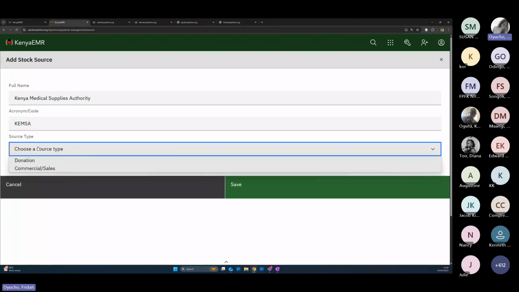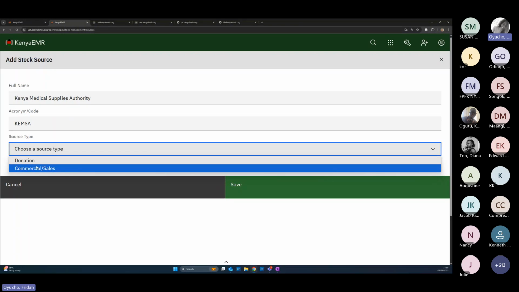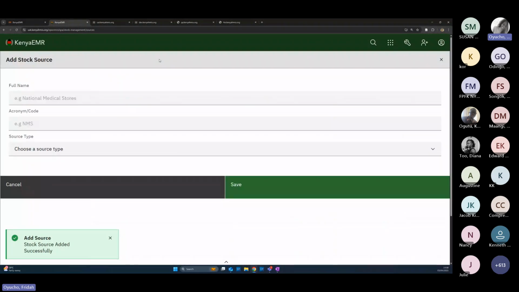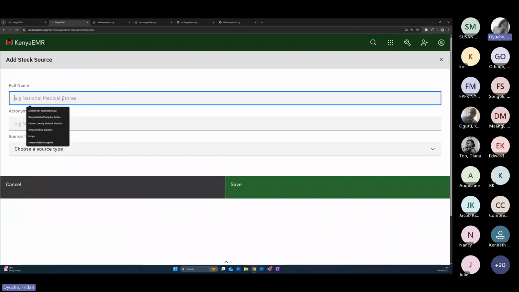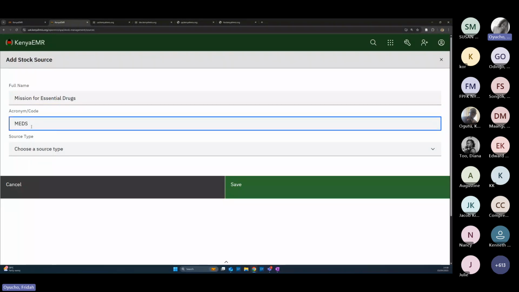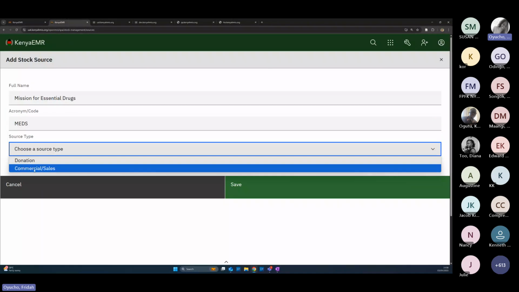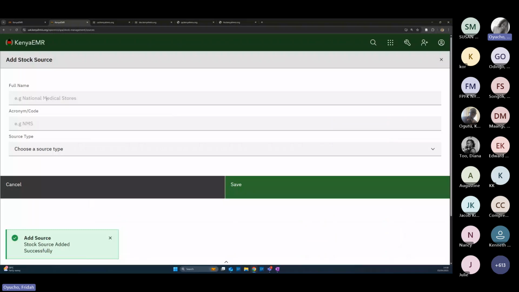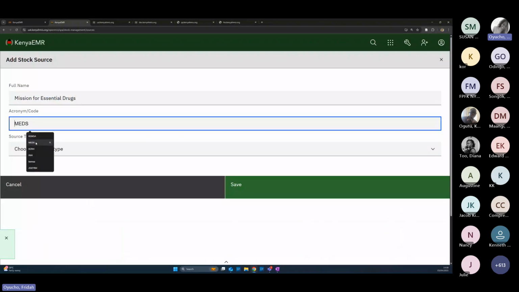Then you indicate whether the drugs you receive from KEMSA are donations or commercial. You choose either. So you'll say commercial, and you save. Again, if you're receiving drugs from another entity, assuming it's Mission for Essential Drugs, you document the full name, put in the code, and choose whether it's donation or commercial. If the same entity sometimes sells you drugs and sometimes gives you a donation, you put in commercial, and then come back, add the same source, and label it as